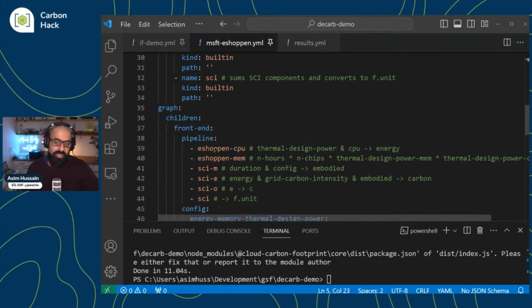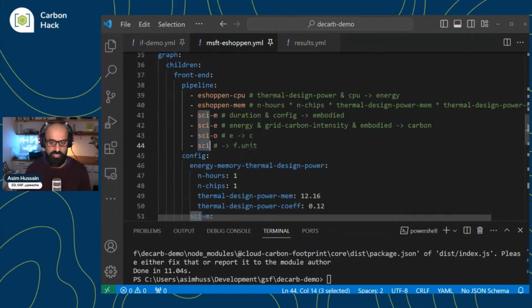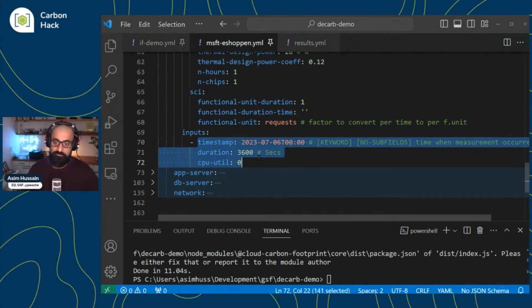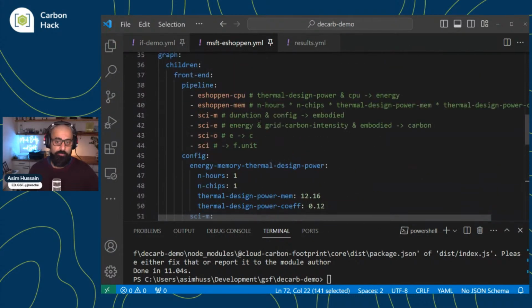You define what's called a pipeline of models. Each one of these models is a micro model, which takes one observation, and just adjusts it a little bit and then passes it to the next, to the next, to the next. Through chaining these together, we can take some inputs, which in this case, if you look at the inputs here, is just CPU utilization. So this is an example of 0. And these are the inputs that we pass in. You can have an array of these, and I'll show you another example later on. But that's how it works.